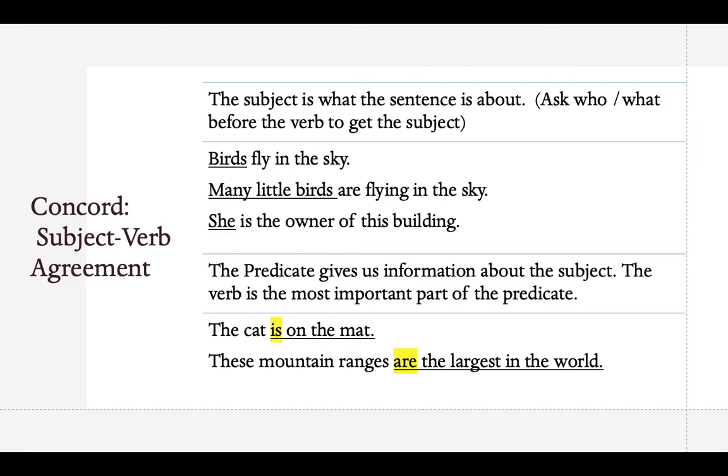Now, in the predicate, the most important word is the verb. The cat is on the mat എന്ന് പറയുന്ന സമയത്ത് is the verb in that sentence, and that is the most important word in the predicate, as are is in the next sentence. Now, you will be learning all these, subject, verb, and all the different kinds of subjects, all the different kinds of verbs, and so on in your